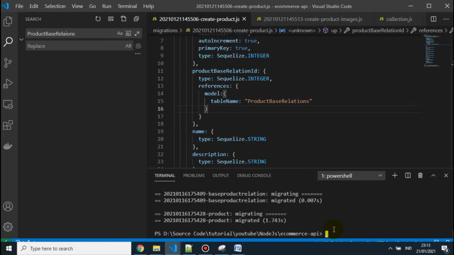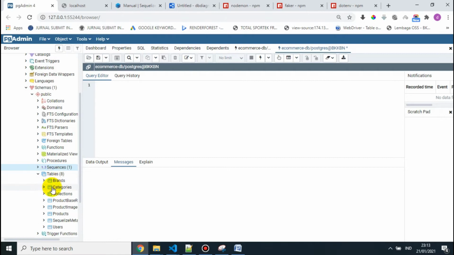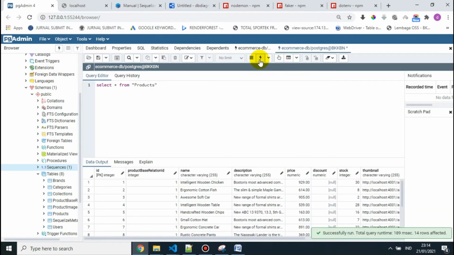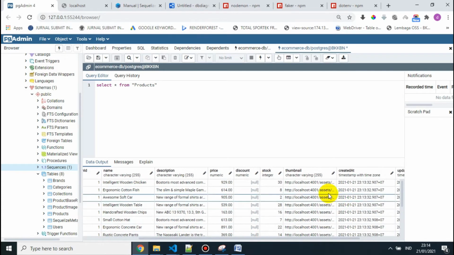Okay, good, it's perfect, there is no error here. Let's just check the tables here, just refresh, and we can see there are several tables. So check all data from products and then execute. Okay, here is the result from the Faker, and as you can see here, this is thumbnail,